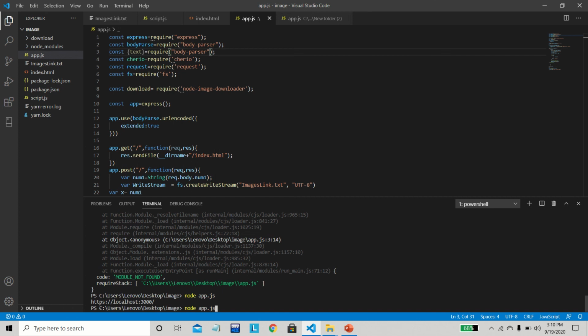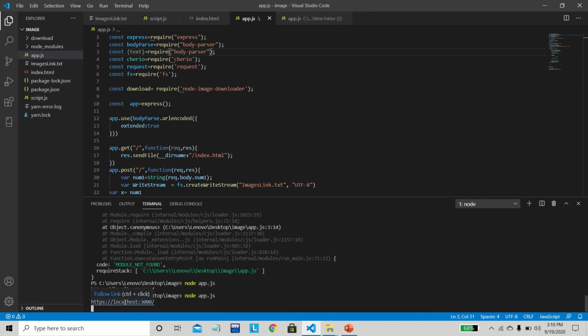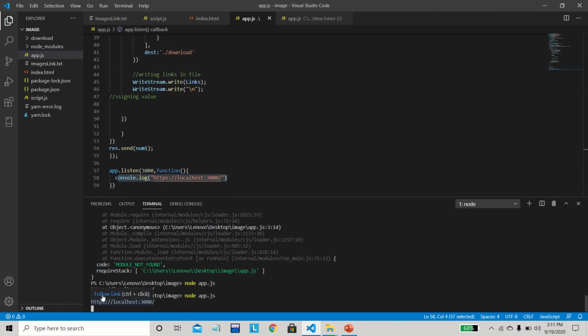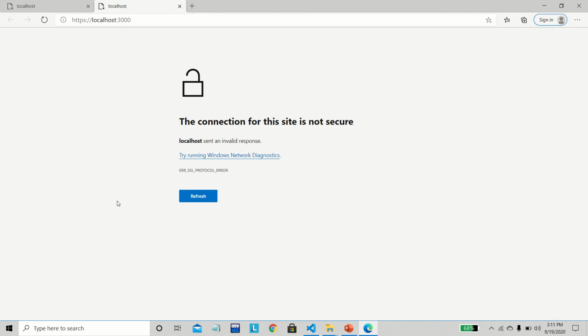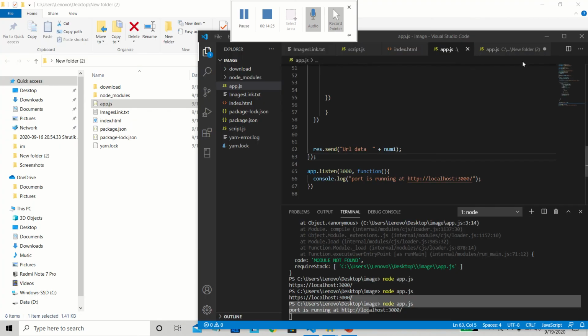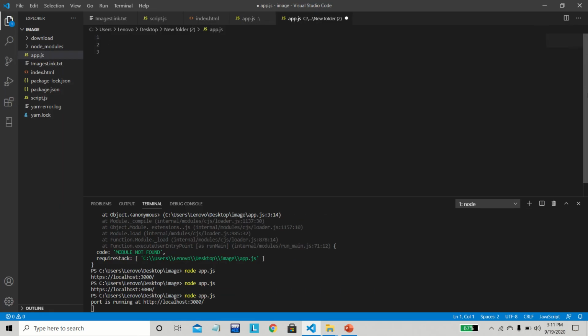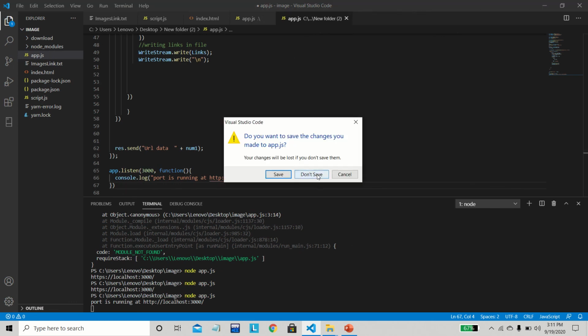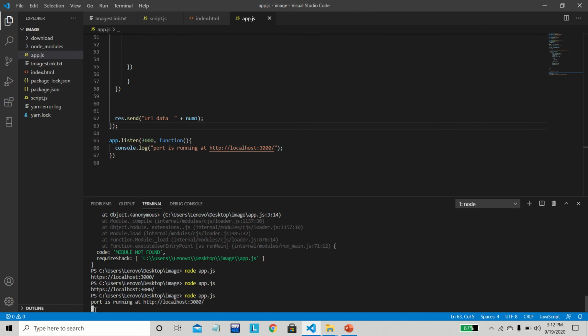Let me run it again for you. See, now it is running at localhost 3000. I have printed that message on the last line, that it is going to run on this port. Once we run this, we will go to this link and see what we get. We are getting connection not secure. Just a sec, I think I'm using this port for another app also, so I'm changing the port. Before making the video I was trying this code, so I had made another app.js also, and I was running at that port. Now the code is the same, and I have changed the port.